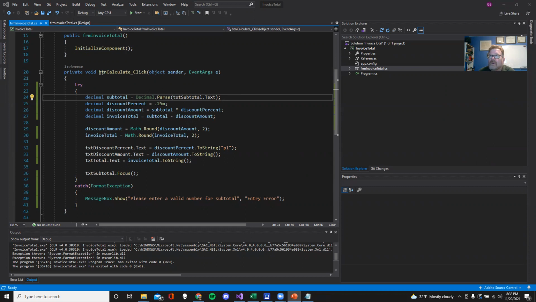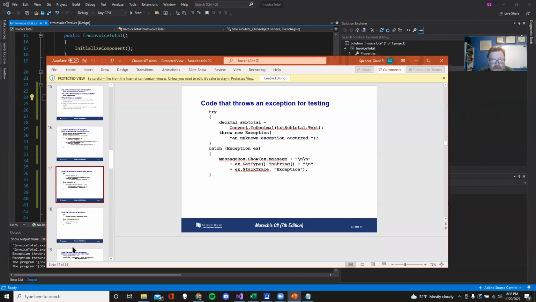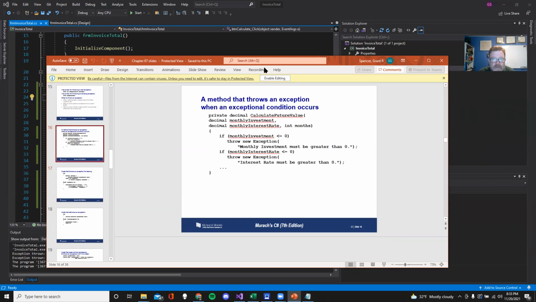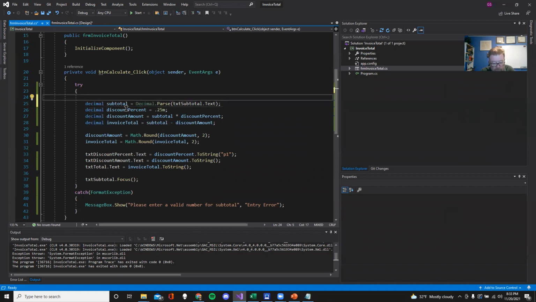Yeah, right there. So if some kind of thing's happening, then throw a new exception, right? So we're going to throw a new exception. So let's move that aside. And so decimal subtotal is equal to parse of that. So how about before we get there, I'm going to say if the text,